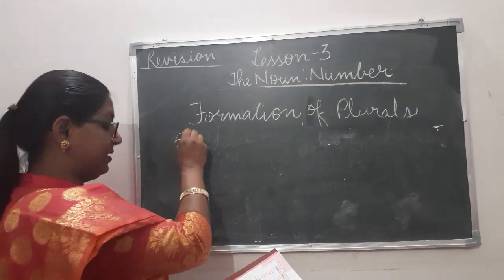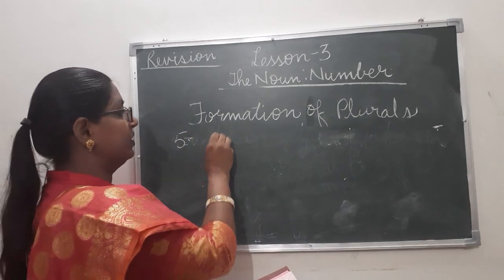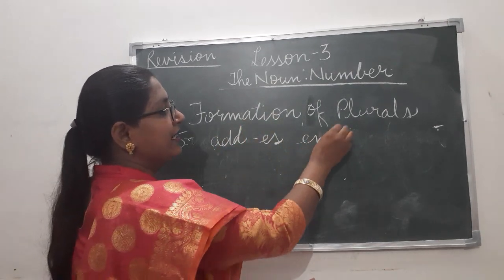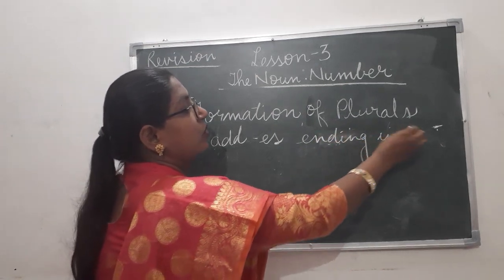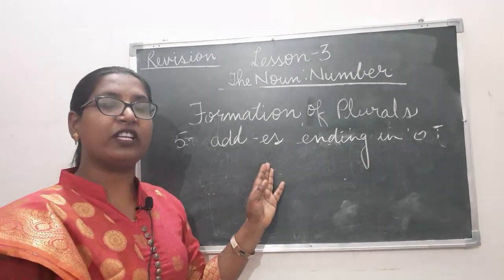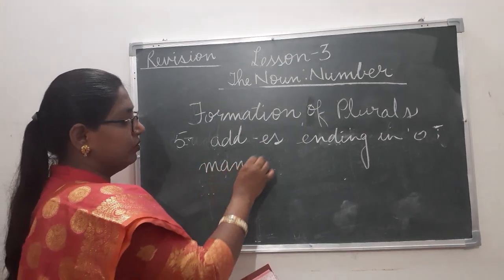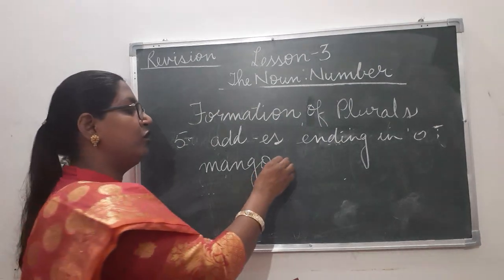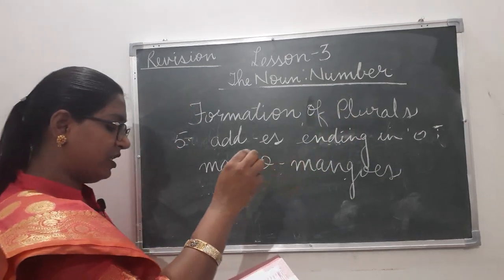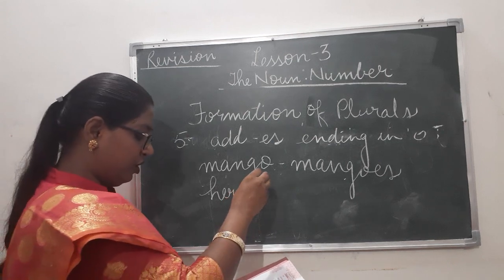The fifth one is by adding es to the noun ending in o. It means when the noun is ending in o, we add es with it to make it a plural. For example, mango. Mango is ending in o, so we add es with it. It becomes mangoes. Then hero is ending with o, so it becomes